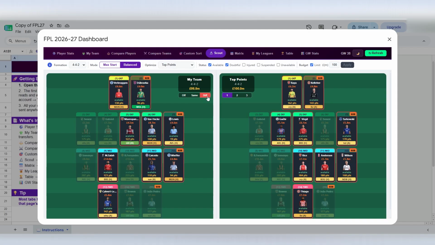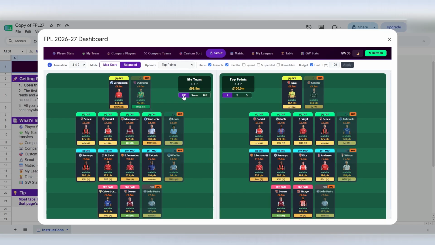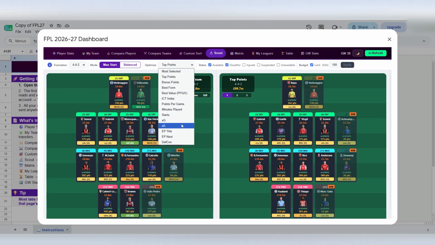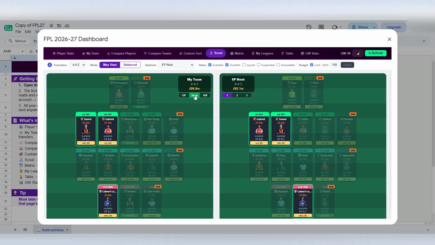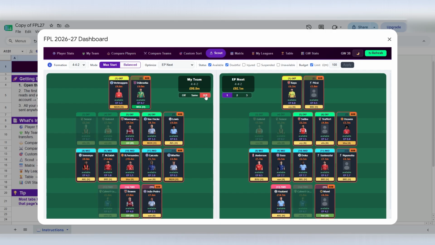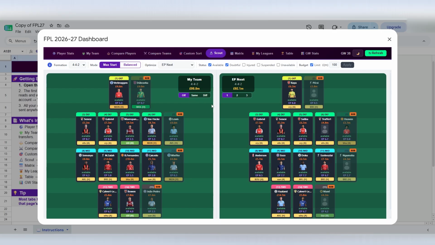To sum it up, we're building the strongest possible squad based on the stat you choose, within the budget you set. If Max Start mode is selected, the bench players are the cheapest and weakest available, while the starting lineup is as strong as possible. If Balanced is selected, Scout tries to spread the budget evenly across all 15 players. And once again, there will always be 3 variants here, and none of them is the final word, they're just